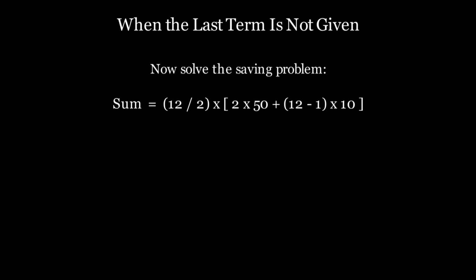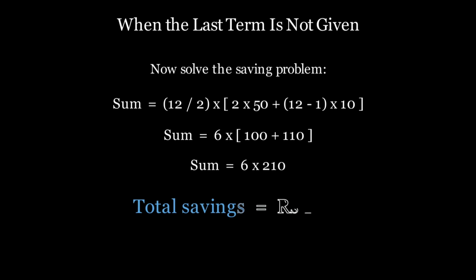We can now solve our previous problem using the new formula. Sum will be equal to 12 by 2 into (2 into 50 plus (12 minus 1) into 10). That is equal to 6 into (100 plus 110). That's equal to 6 into 210. So the total savings in 12 months will be rupees